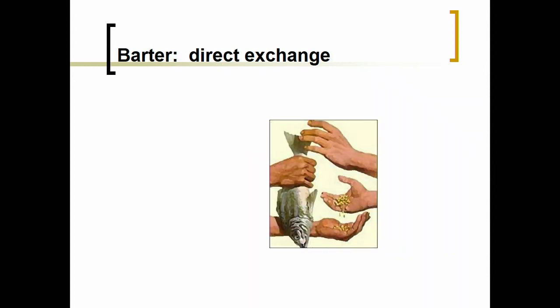Barter is straight up direct exchange. So if you want something, you have to give something that they value to a person that has it. Much easier to do when it's just a small village and everyone has their own commodities. Very difficult to be an accountant and say, hey, I'll do some accounting work for you if you give me that shirt. Using barter makes specialization very difficult. So it's difficult for people to focus on one job and become really, really productive.